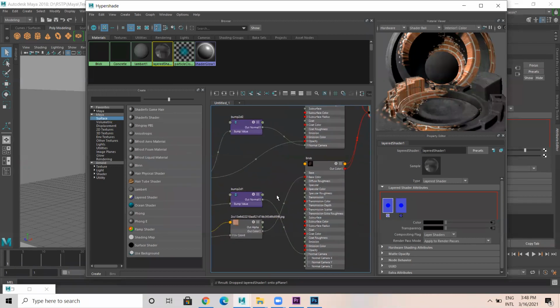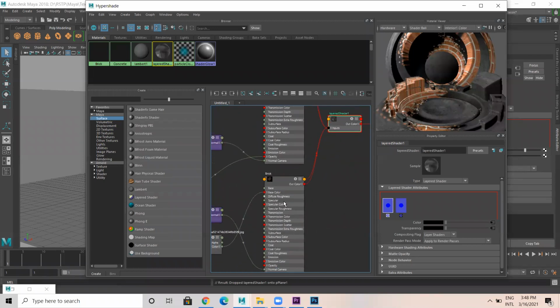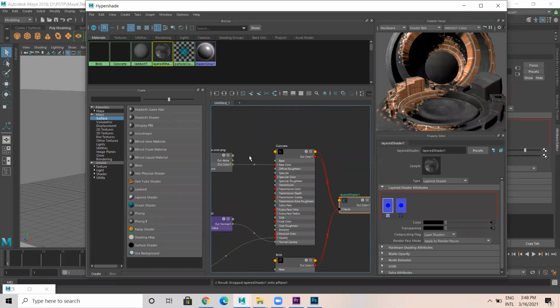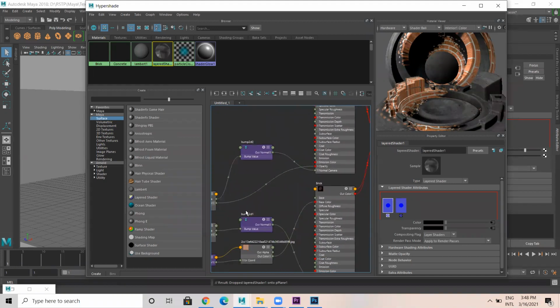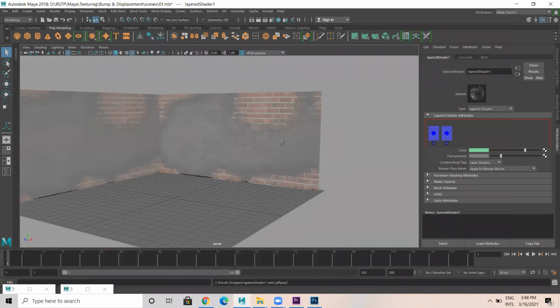This seems confusing, but just refer to the video again. I have done brick color first, then brick bump map. Once brick material is done, then I moved to concrete color first, then concrete transparency and bump map. Later, I merged these two materials into a layered shader, which I took from Maya surface. Then the layered shader was applied to this particular brick.